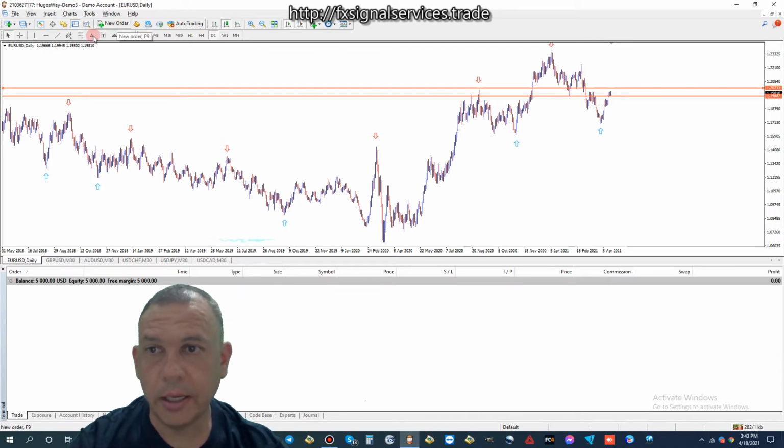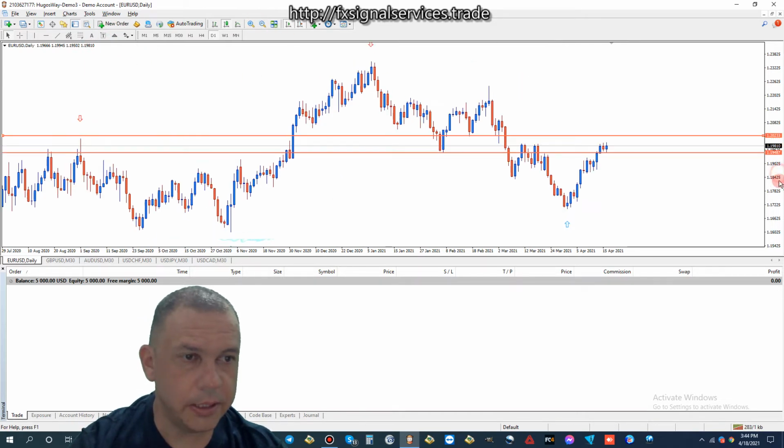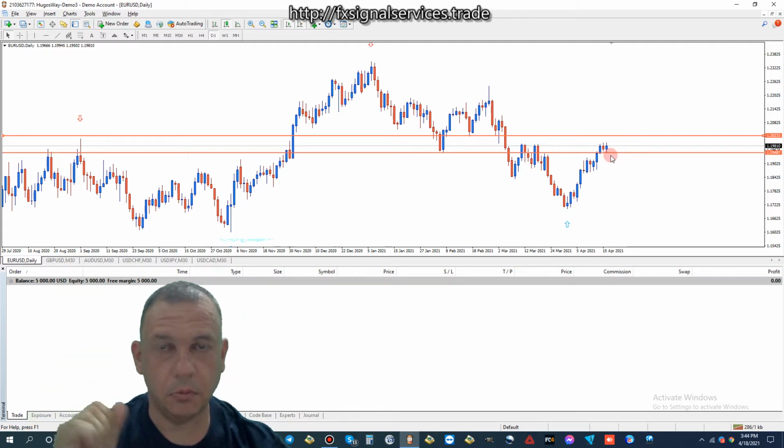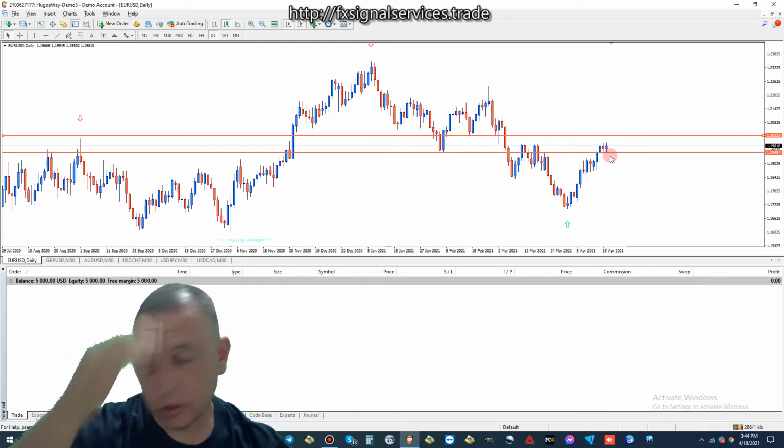And what you can do is place a sell limit pennant order. Let me zoom in a little bit so you can see. Put a sell limit just slightly below this point here. You're looking at this point right here. So put a sell limit here, and then also below this support line put a sell stop. I hope that makes sense. So it's like a double whammy.